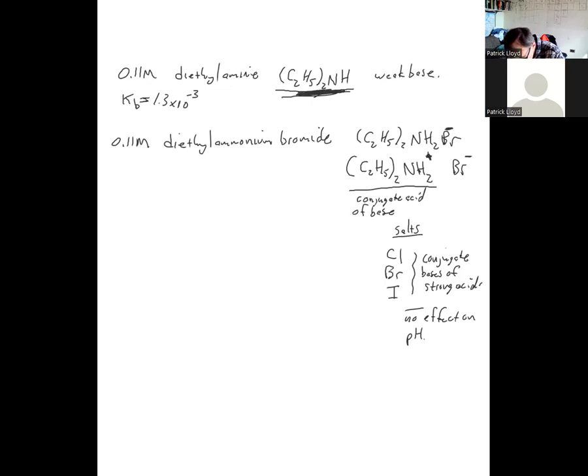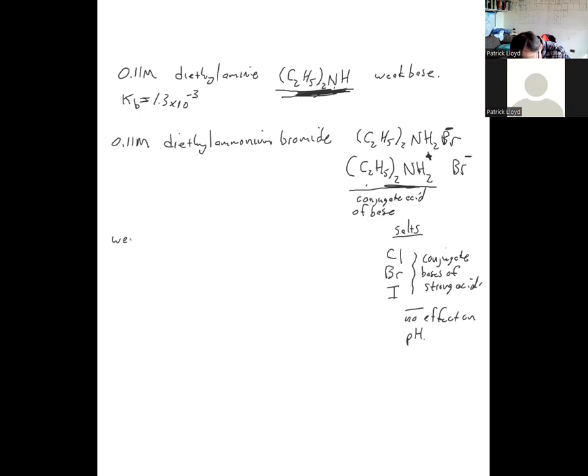So there's your weak base, there's your conjugate acid. It just has an extra H plus. That's what the conjugate acid of a weak base is. It just has an extra H plus. Or another way of looking at it is a weak acid has one more H plus than its conjugate base, right? Or the base has one less hydrogen than the acid does. So those two, what I'm going to do now is I'm going to write these out as